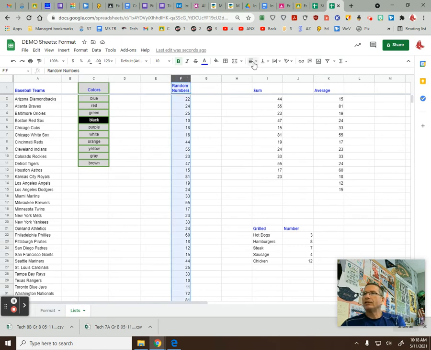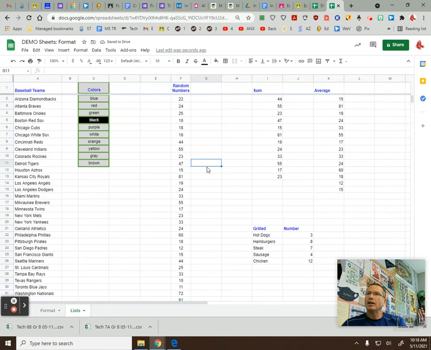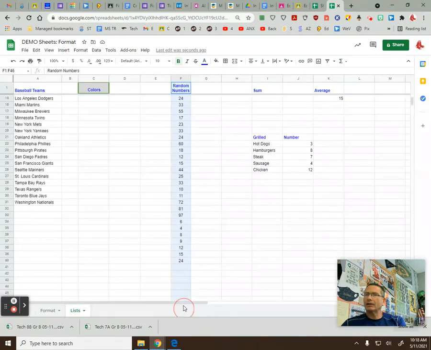I think I'm going to center this data as well. So again, I go to my align tool and I've got my header. That looks much cleaner. And the last thing here I'm going to do is, so we can practice putting things